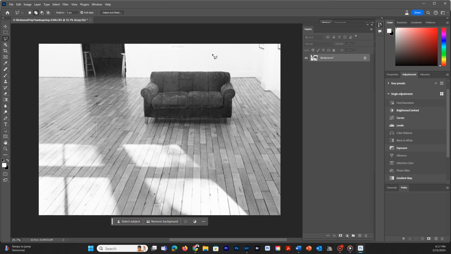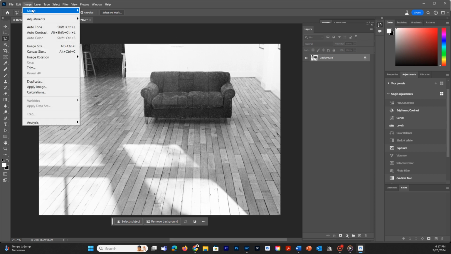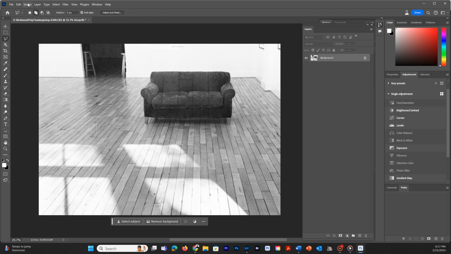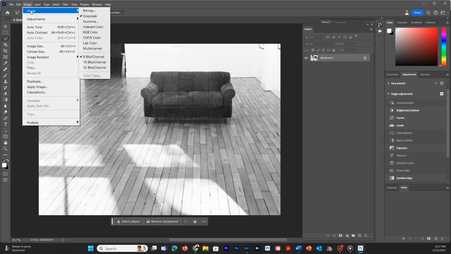But, however, if I do want to add a tint or color tone to this, I could change this to another type of image, and that's a duotone. Let's take a look at that by going to Image, Mode, and Duotone. Currently it's grayed out. The reason it's grayed out is this image is still a 16-bit file. So the first thing that we have to do is change it to an 8-bit file. So we're going to click 8-bit. Then we'll come back up to Image and go back to Mode and then to Duotone, which is now available,